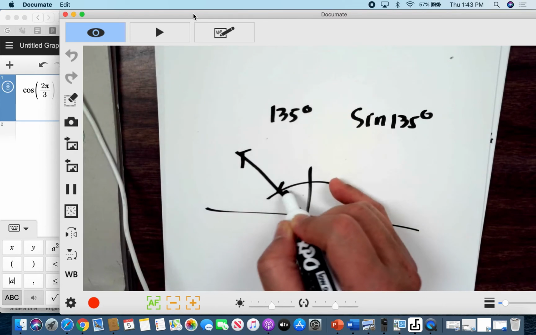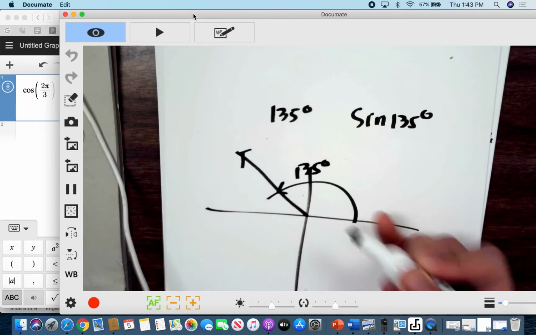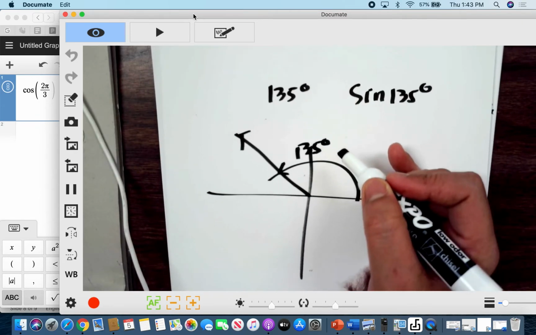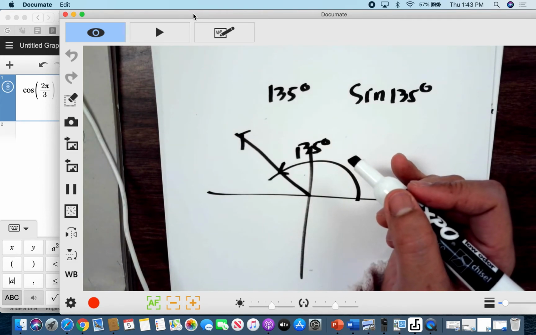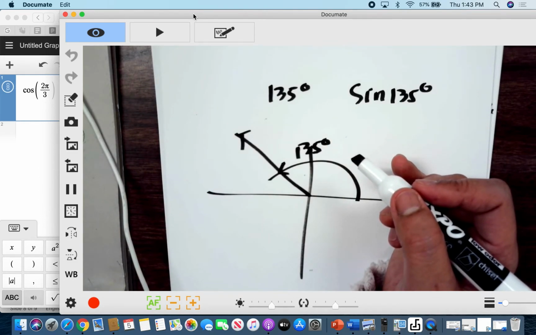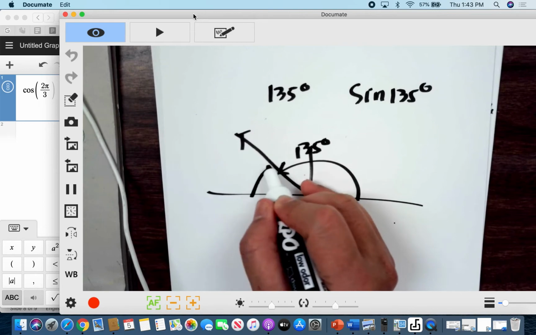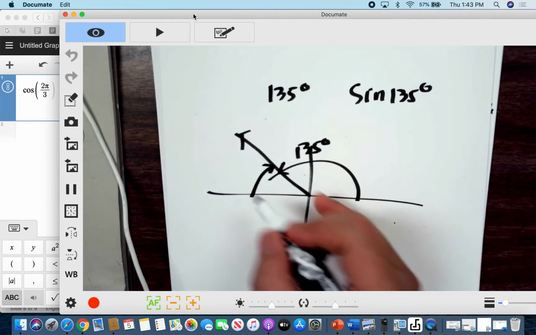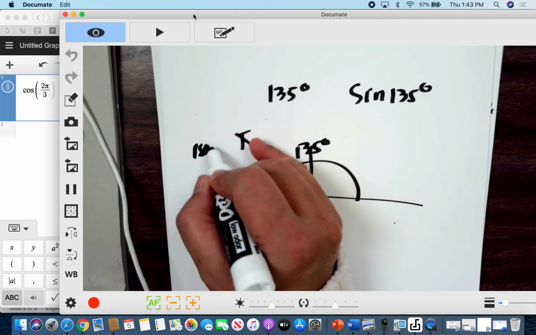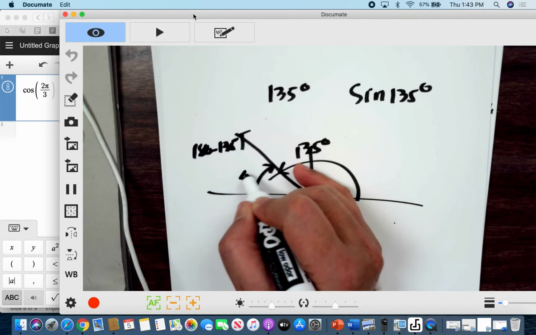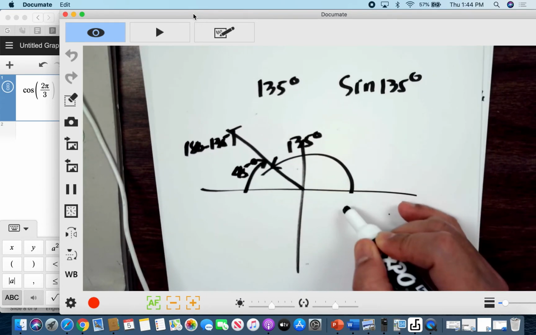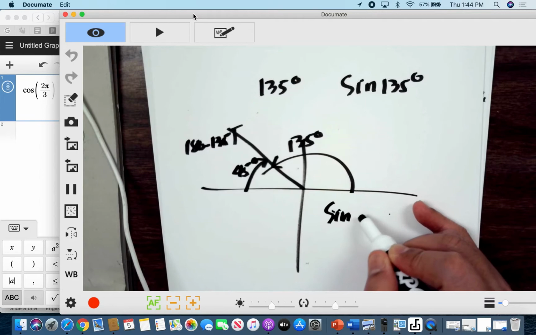So that's probably 135 degrees. Because I only know from 0 to 90, we have a trigonometric table from 0 to 90, I will need to find its reference angle. We can do that by 180 minus 135, which is 45 degrees,